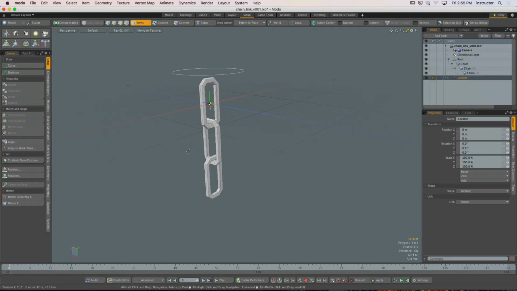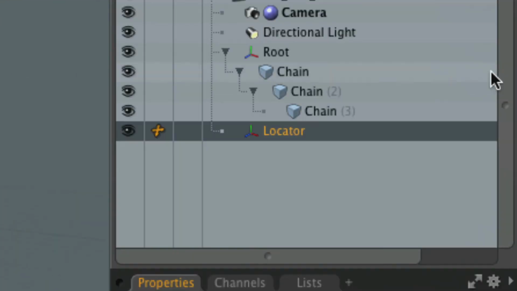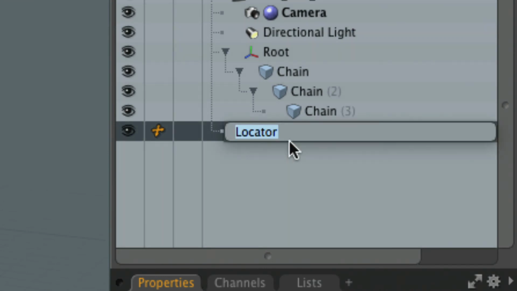Hit the button. And before we go any further, let's give it a good name. Part of being a rigger is having a granular sense of information. Name things as you go. That way you're not confused as to their purpose and role in the larger context of the rig. So I'm going to call this link 01